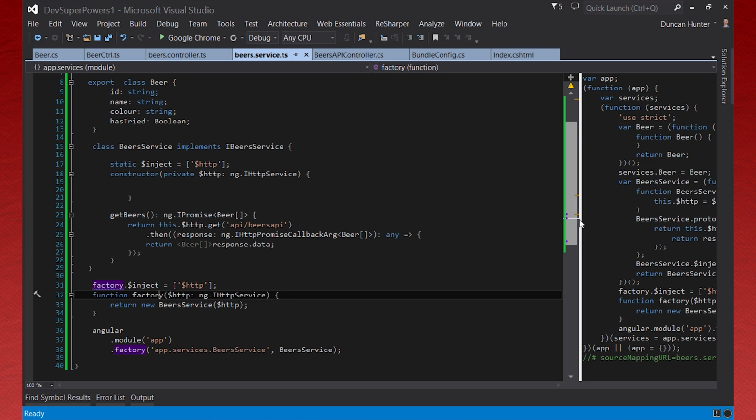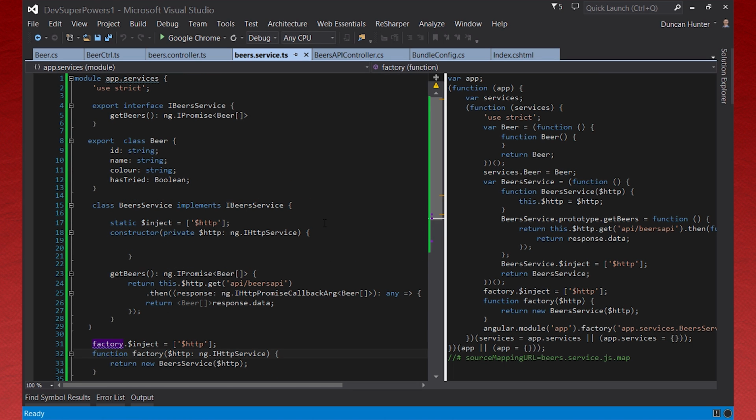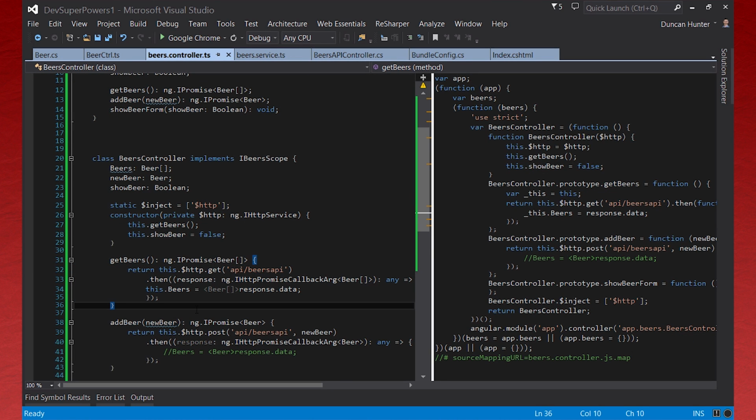So I'm going to save that, and we're all running, and you can see that this is added, all of our JavaScript is compiling. We've made a reference in our bundle.config, and we should be able to pop back into our controller now and access this service. So rather than just calling the API directly here, we need to inject our new service. So I'm going to do that up top here and go app.services.beers service, and I'm going to come down and make another private variable